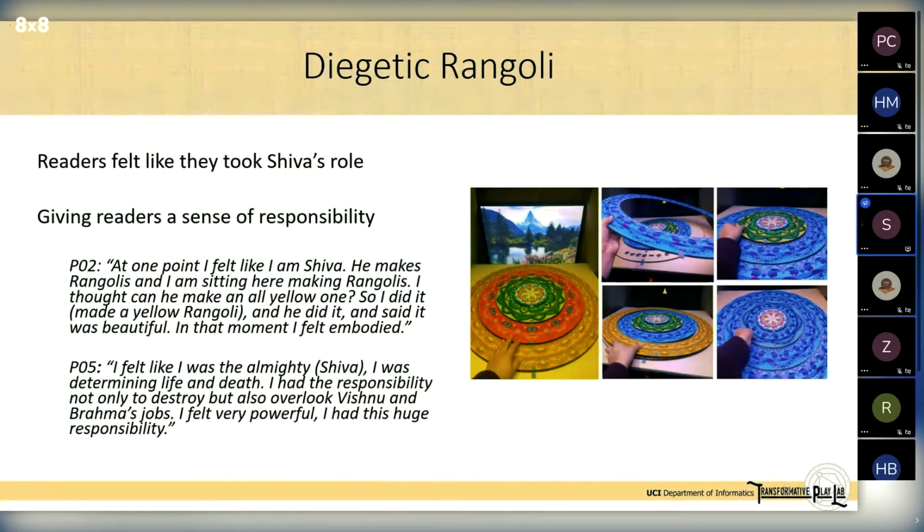So, first of all, readers felt like they took Shiva's role because they could create rangolis on his behalf and express his emotions, and then really see the impact of his emotions play out in the story as well. One participant said, at one point, I felt like I'm Shiva, he makes rangolis, and I'm sitting here making rangolis. I thought, can he make a yellow one? So I made a yellow rangoli and he did it, and he said it was beautiful, and in that moment,